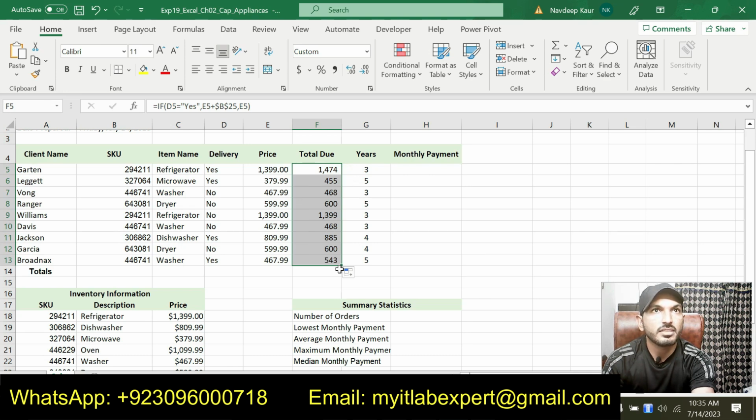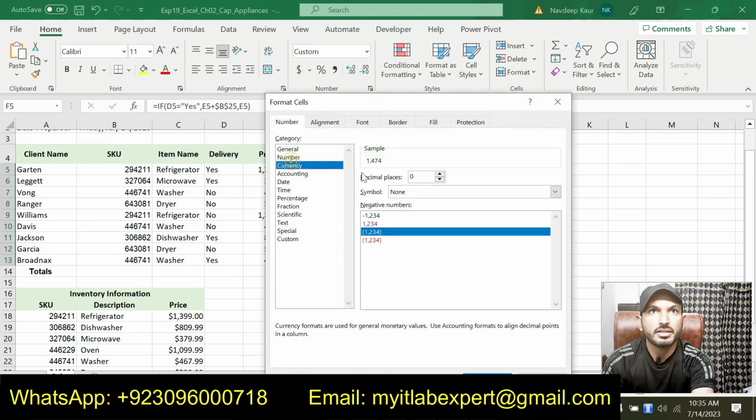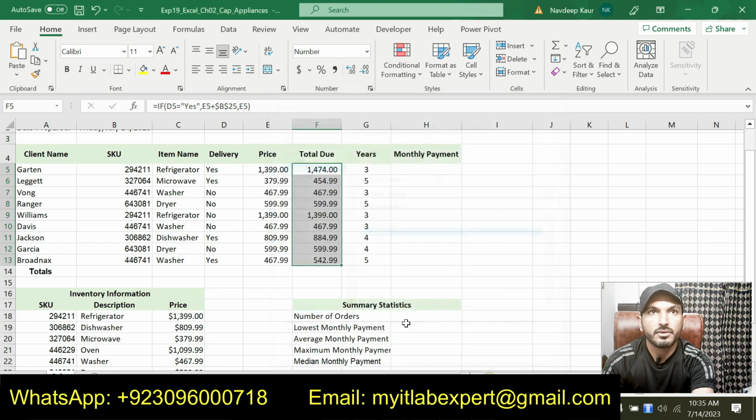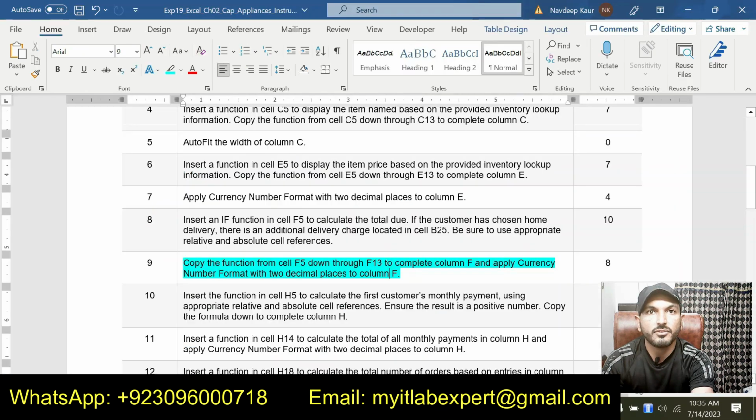So we got these other values. Now we are supposed to apply the currency number format with 2 decimal places to column F. So we got these values by using the IF function.